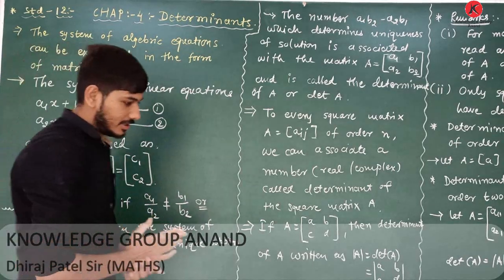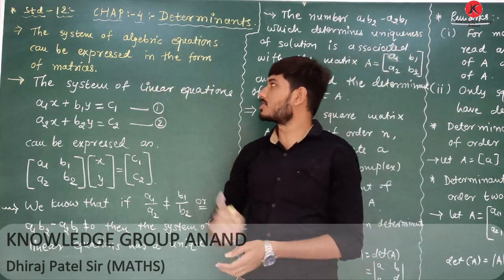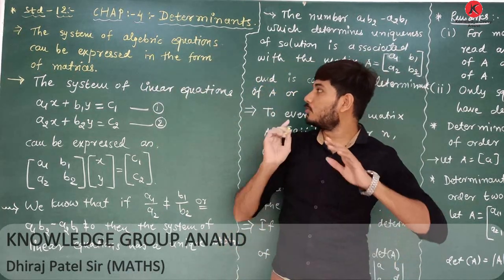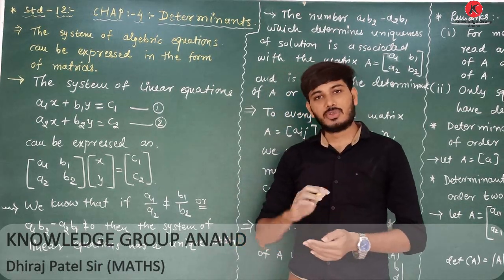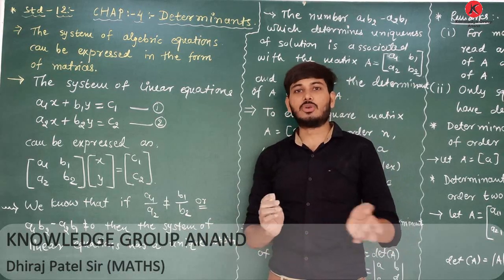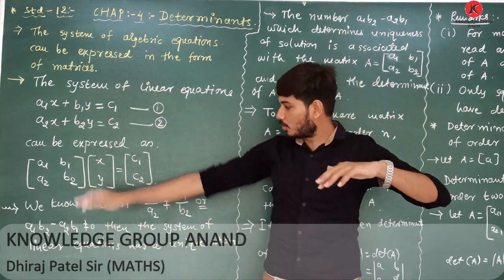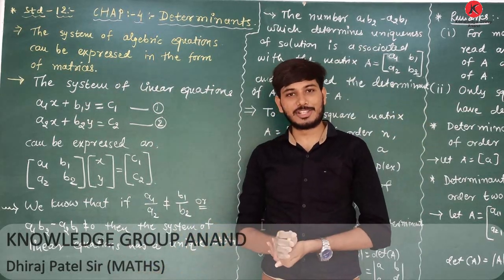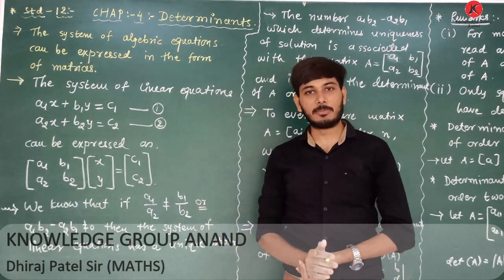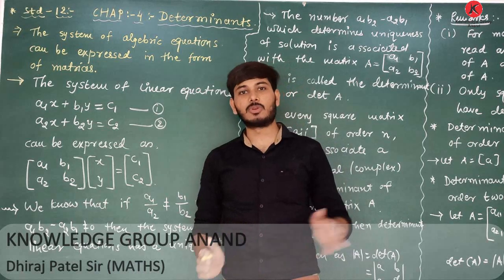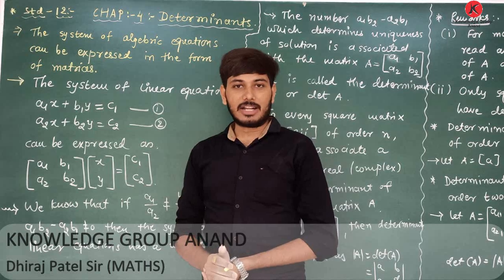So we know that the system of algebraic equations can be expressed in form of matrices. The questions which we have learned for the Gulbrandsingh and Ramkishan, okay, there are many long questions. Half word only question is there, and the solution is very simple. How we can prepare the matrix and solve the matrix profit and loss calculations. We are using this one as a matrix.